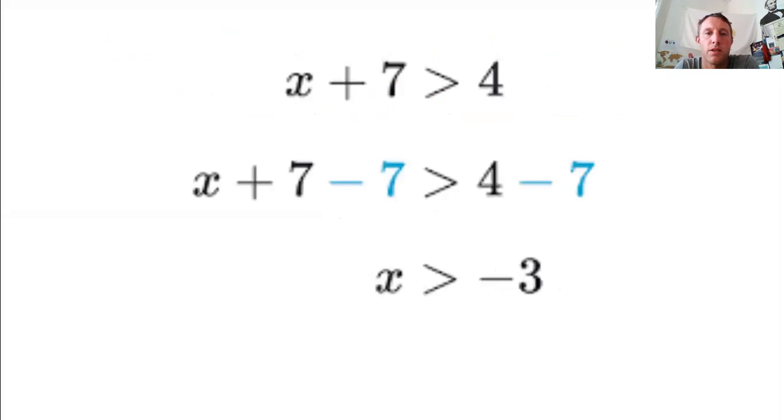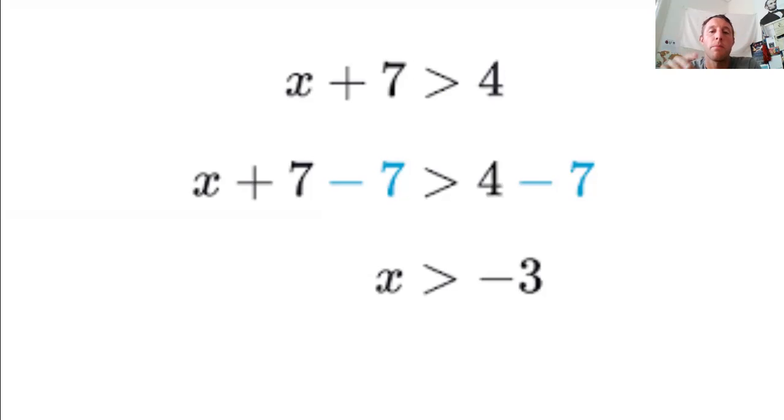So here's some examples. Let's check out this example here. X, which is a number we don't know yet, plus 7 is greater than 4. Notice how I say that. The alligator wants to eat the bigger number. So what I have to do is treat it just like an algebraic equation and get the x by itself. We call that isolating the variable. To do that, I'm going to use the opposite operation. So I'm adding 7 up top, so I'm going to subtract 7. That's the inverse operation. So now I have x plus 7 minus 7, which is going to be 0,